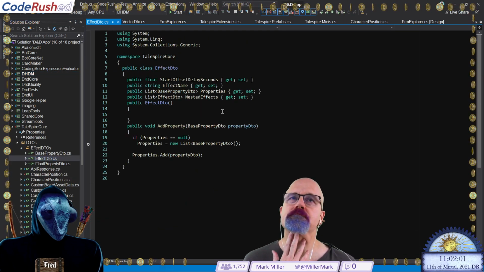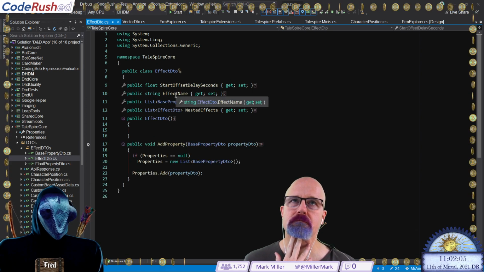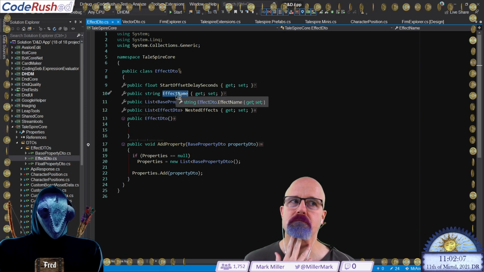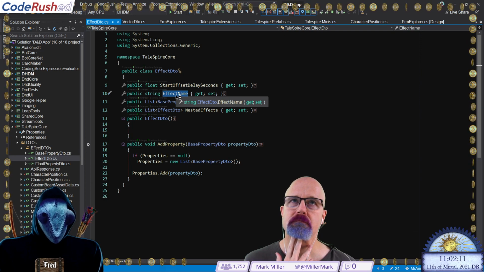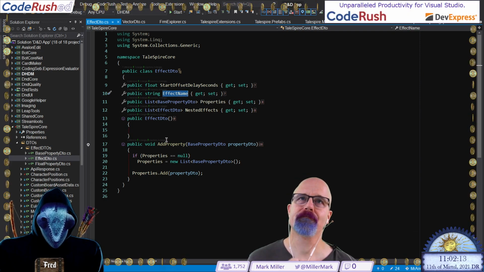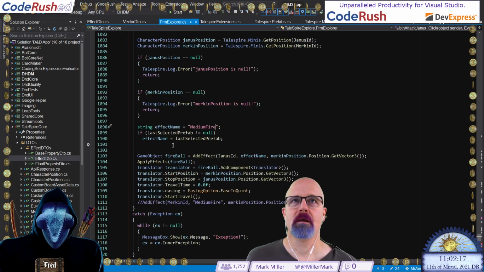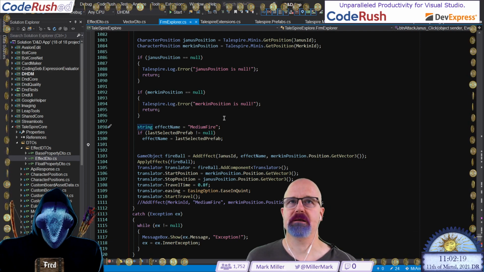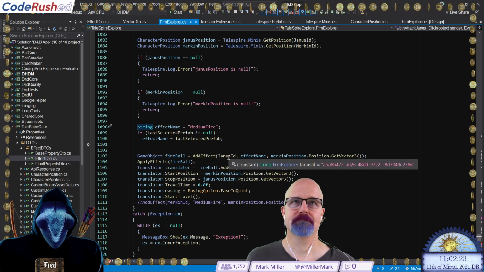Just to be clear, the effect, as we're calling it right now, is the parent of one or more prefabs that we will have do things for us. So the effect is not the medium flame. It contains a medium flame.